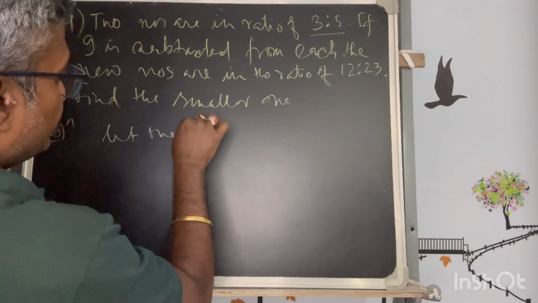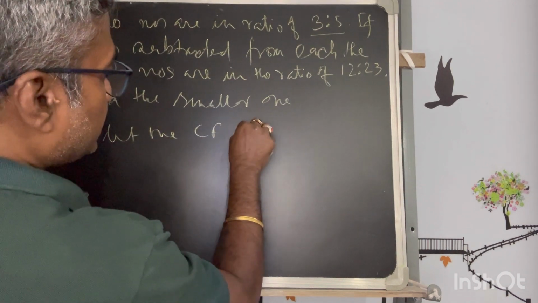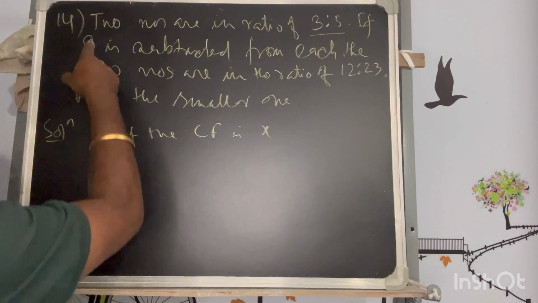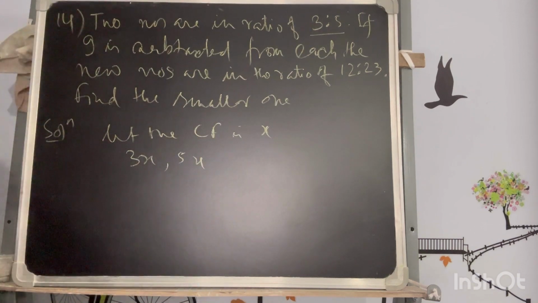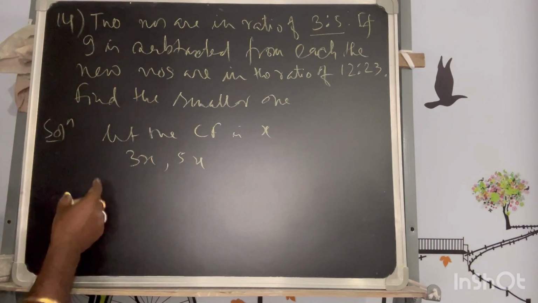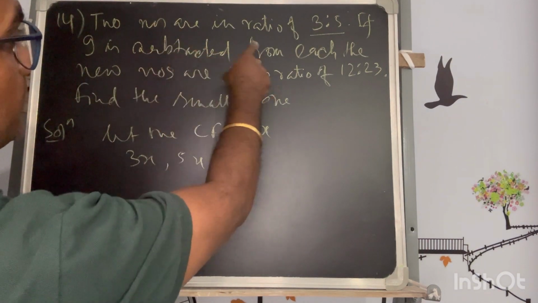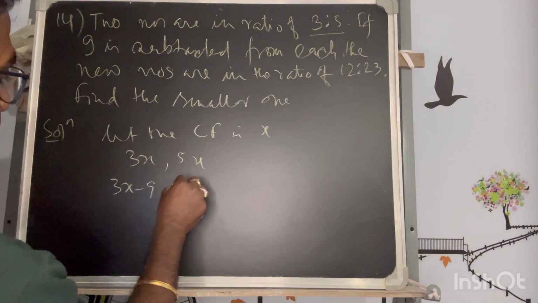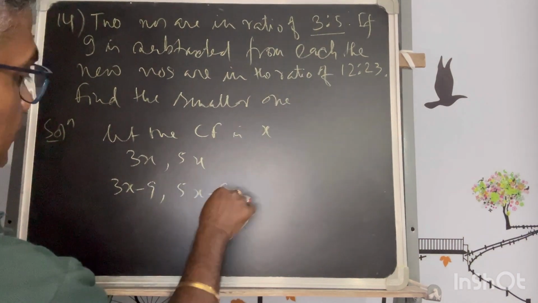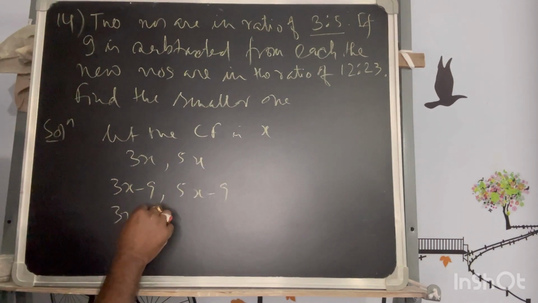Let the common factor be x. So the initial two numbers we can assume are 3x and 5x. Okay, so 9 is being subtracted from each. So the new numbers will be 3x minus 9 and 5x minus 9. Now if we take the ratio of these two,